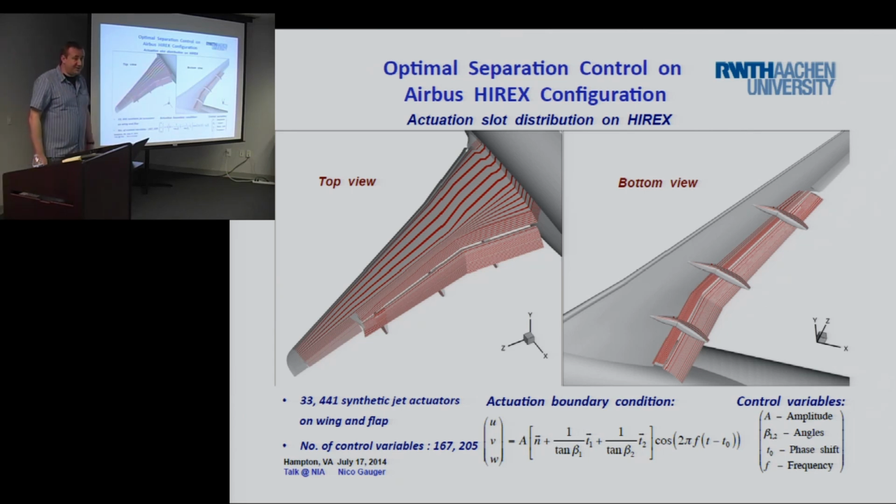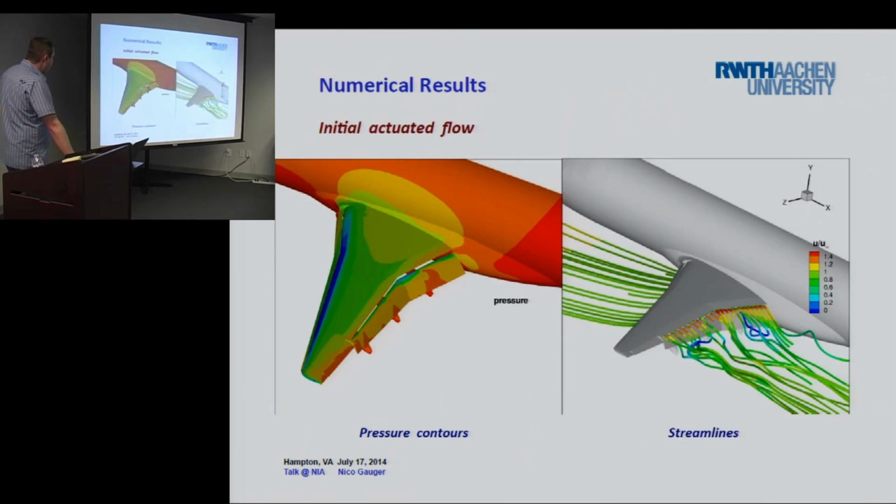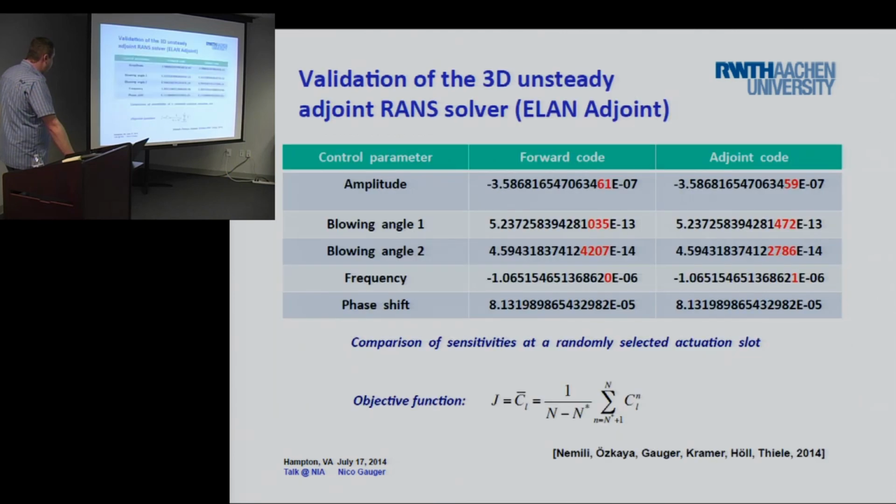No, it's not a morphing thing. It's a regular Airbus type high Rex configuration with this kind of pulse suction and blow. This is the initial actuated flow. And here you see the